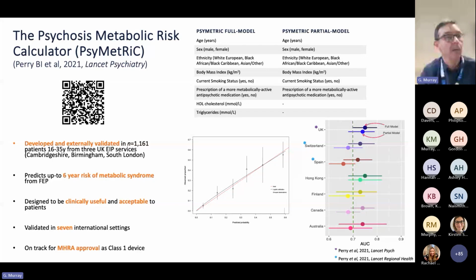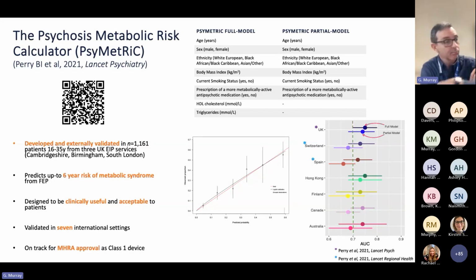And so Ben's model had, again, routinely collected information: age, sex, ethnicity, body mass index, smoking status, whether you're on a good or bad antipsychotic medication for metabolism. And then he had a couple of versions, one with some blood tests, cholesterol and fats, and one without. And this model is pretty good, actually. So the right-hand figure at the bottom right shows you that it's been tested out in quite a few countries now. The accuracy is over 70%, especially if you have the blood tests in it. It's not quite so good if you don't have the blood tests, but they are routine blood tests,